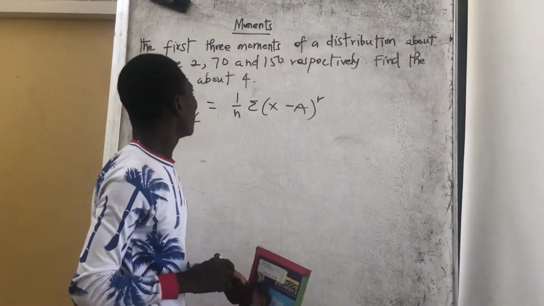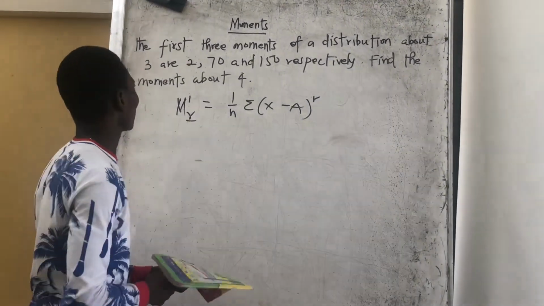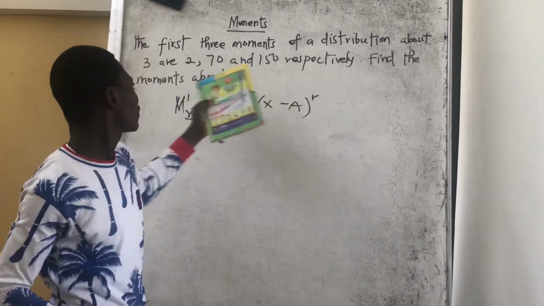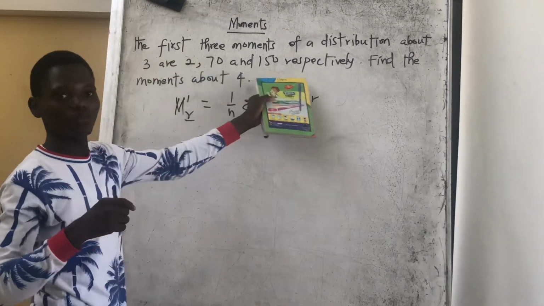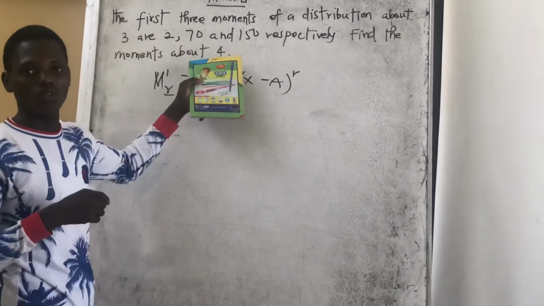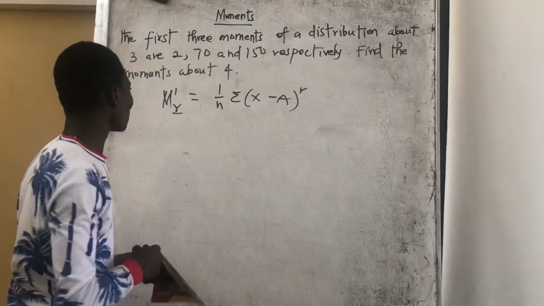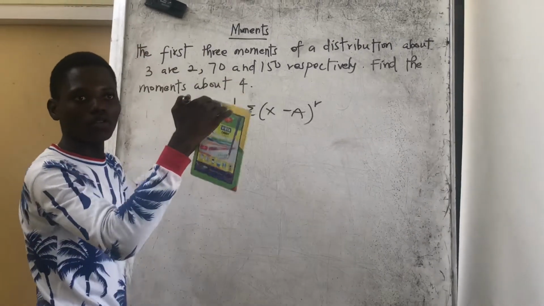So, from the board, I have a question you have to solve about moments. It's in two folds. The first three moments of the distribution are about 3: 2, 70, and 150 respectively. Find the moments about 4. So they are asked to find the moments about 4. The first one, they give us the moment about 3. So what you do is that